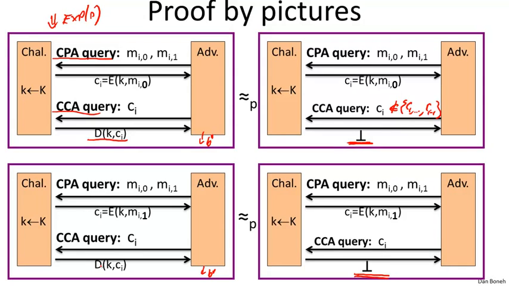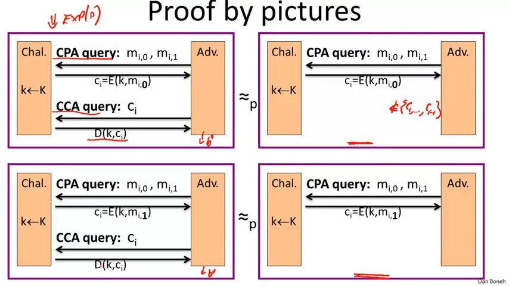But now, since the chosen ciphertext queries always respond in the same way, they're not giving the adversary any information. The adversary always knows that we're always going to just respond with bottom. So we might as well just remove these queries because they don't contribute any information to the adversary. But now, once we remove these queries, the resulting game should look fairly familiar. The top right game and the bottom right game are basically the two games that come up in the definition of CPA security. And as a result, because the scheme is CPA secure, we know that the adversary can't distinguish the top from the bottom.